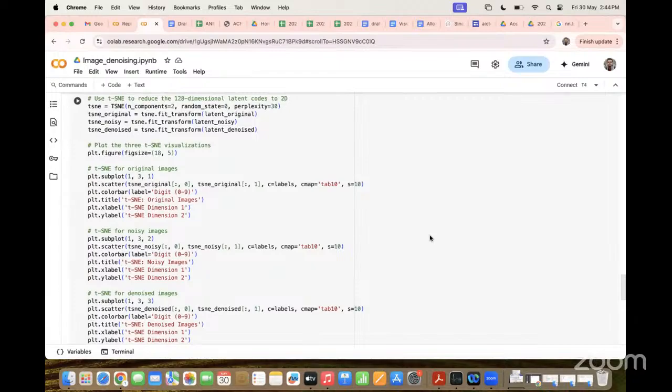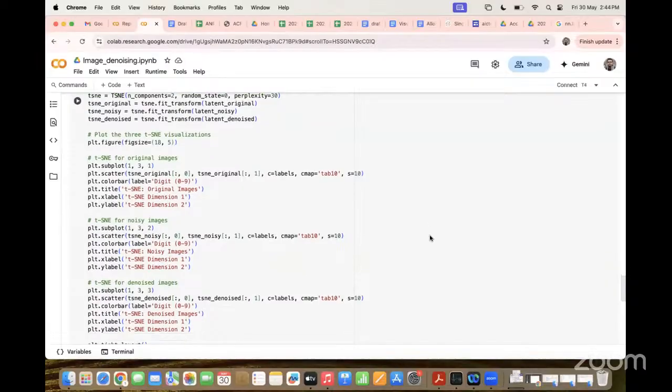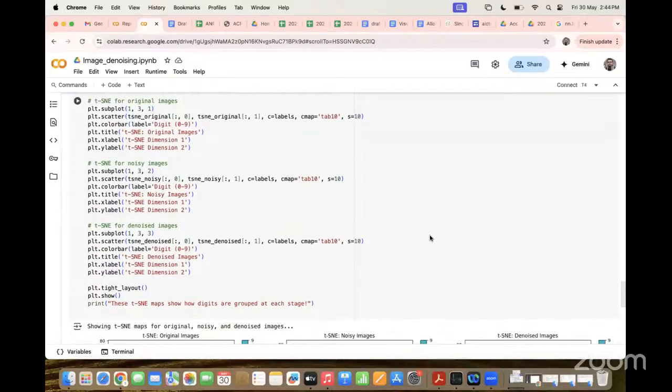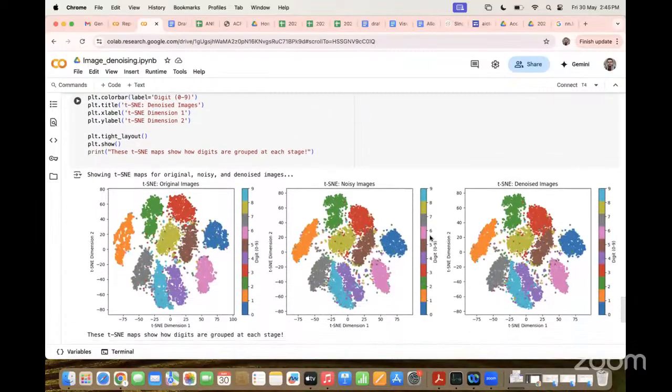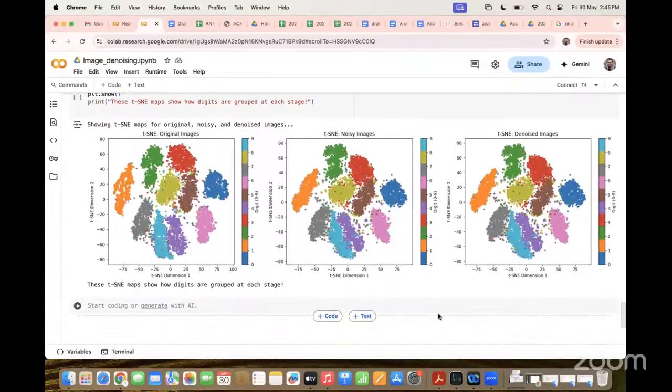And then for the different inputs like the original image, the noisy image, or the image after the denoising, for every one we put the plot function with respect to the t-SNE output. And these are the outputs, so you can see and visualize. The first one is the original image. Then when we add the noise, you see how the clustering is. And then after, the denoised images.